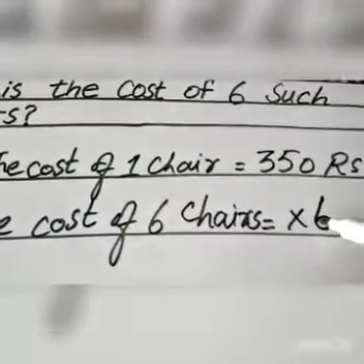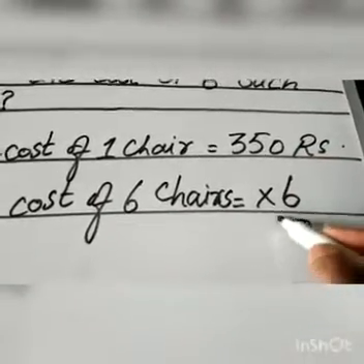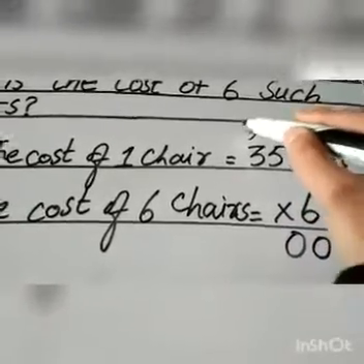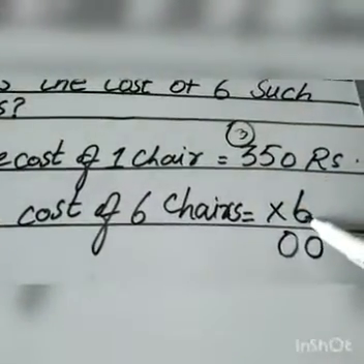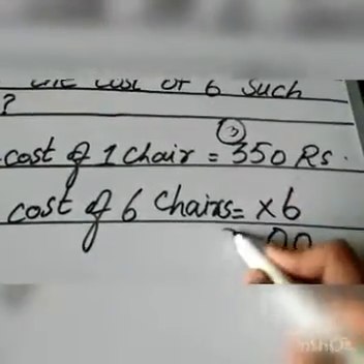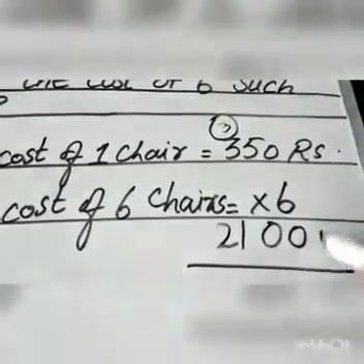Okay, 6 0 times is equal to 0. 6 5 times is equal to 30. We have to write 0 under the tens column and 3 carry over the hundreds column. 6 3 times is equal to 18. 18 plus 3 is equal to 21. So the answer is 2100 rupees.